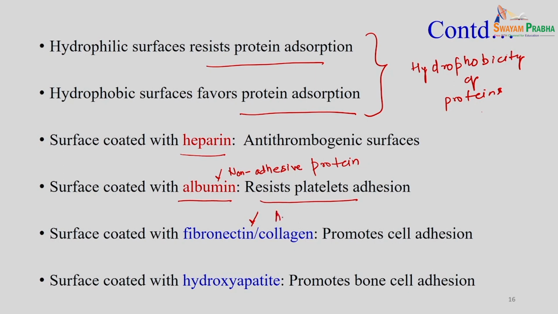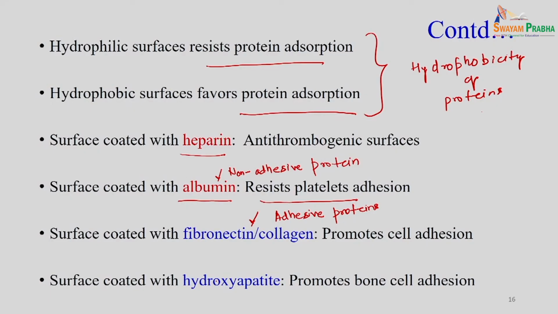So, these are the adhesive proteins, which means they promote the cell surface interaction, particularly this fibronectin and collagen have this RGD peptide sequence which integrates with the integrin and facilitates the cell signaling, so that cells can interact on the surface, they can grow and then they can proliferate,